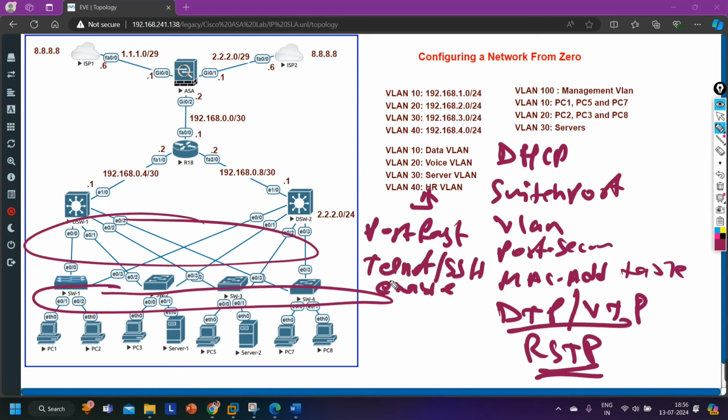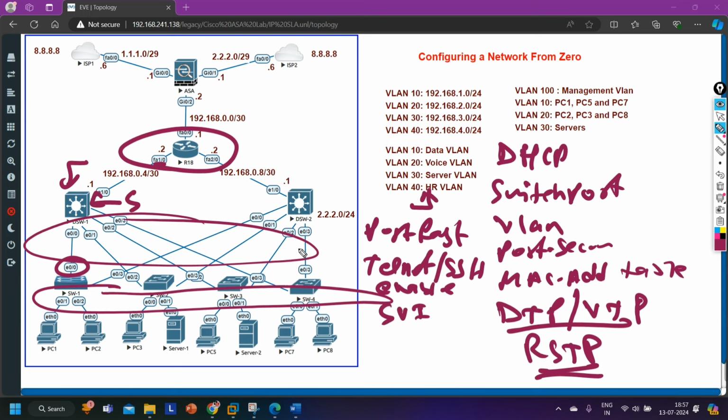Then we can enable passwords, or I can configure the console password and line VTY password to secure these devices. Then we can configure descriptions on links, like this link is connected with distribution layer switch 1, right? After that, I need to configure the default gateway on, let's say, the core layer switch. Even you can use this router as a default gateway or the distribution layer switch, but it will be better if I use the distribution layer switch as default gateway, so that we can perform routing between router 1 and router 2 for better performance, right? So for better performance, I am going to create SVI on the distribution layer switch. So SVI configuration is also required,